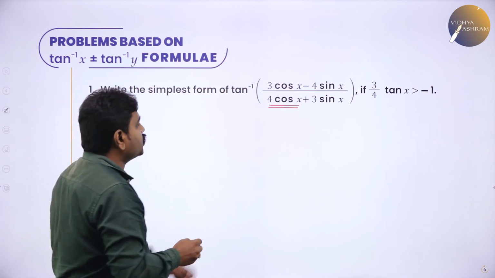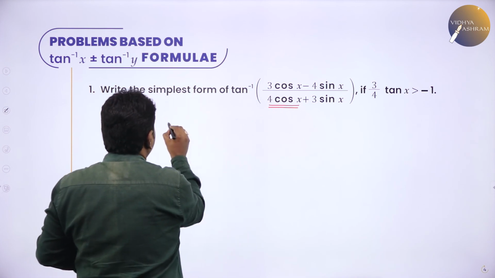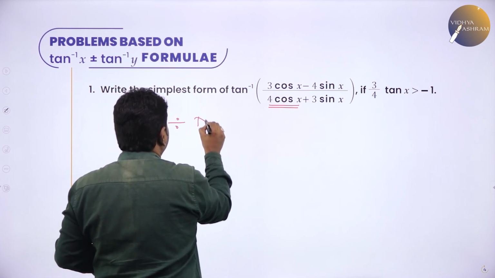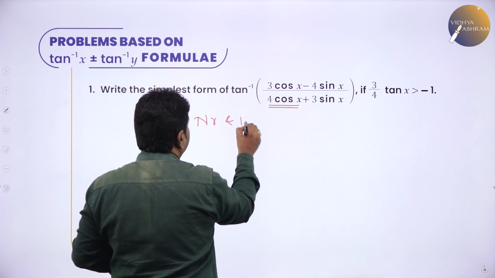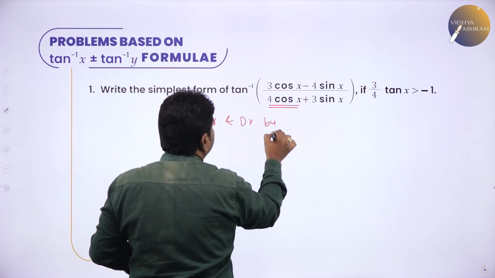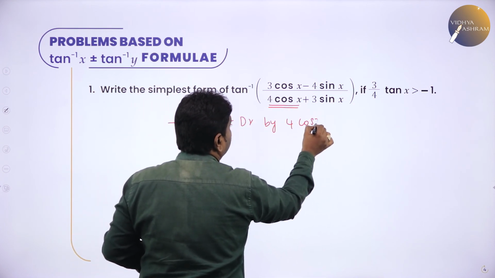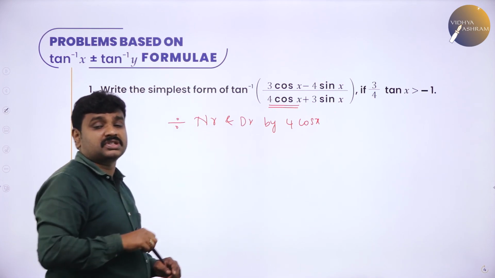That is a hint. So I saw here 4 cos x. So divide numerator and denominator by this term. I hope all of you understood the logic of the problem, because students will come and ask me, sir, inverse trigonometry is difficult for me,